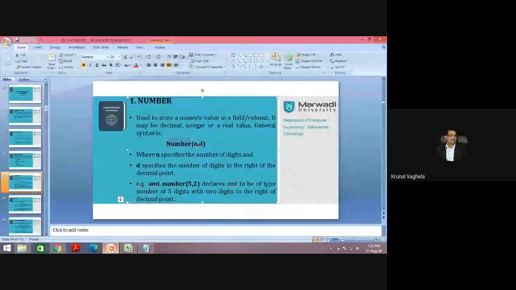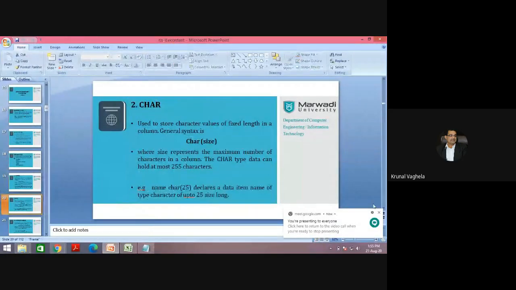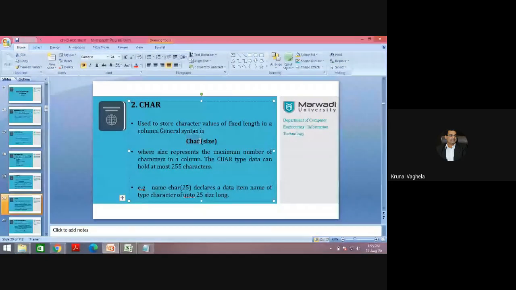So this is the numeric data type. The second one is the character data type, used to store character values of fixed length in a column. As the name says, CHAR is the character data type, with a size. In the example, name is the column name, the data type is character, and 25 means you can store a string of maximum length 25.